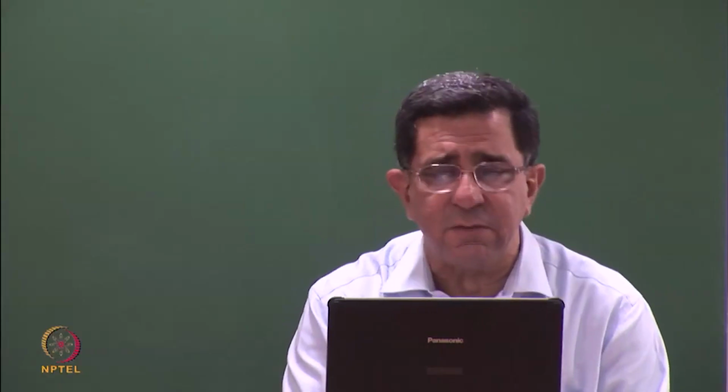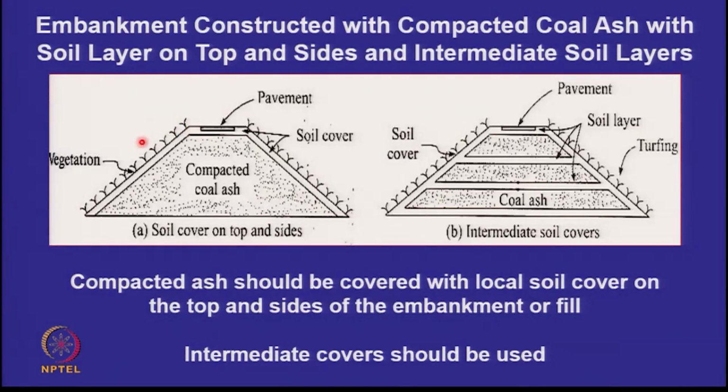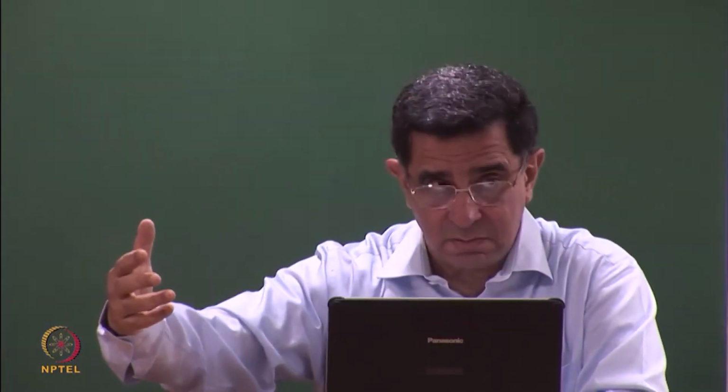You will determine the properties of pond ash, find c', phi', Cc, permeability, do the stability analysis and make the embankment. So here it's just showing a road embankment. There is no drain in it because it's not designed like a water retaining structure. So the entire soil can be replaced by compacted pond ash. An important design aspect is to cover the ash in an envelope of soil and vegetation to prevent any dust or rainwater erosion.